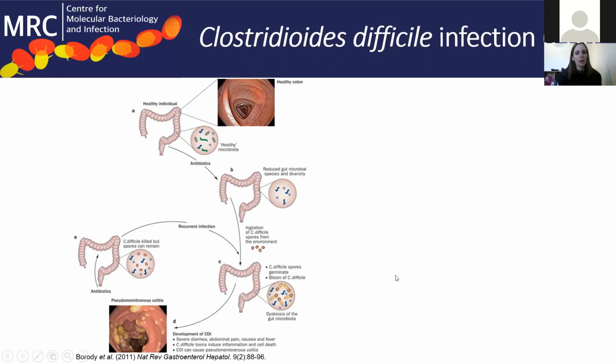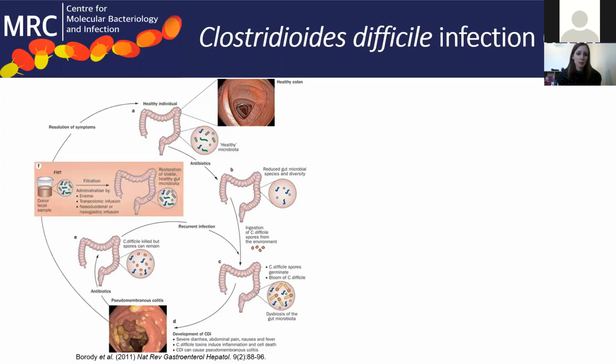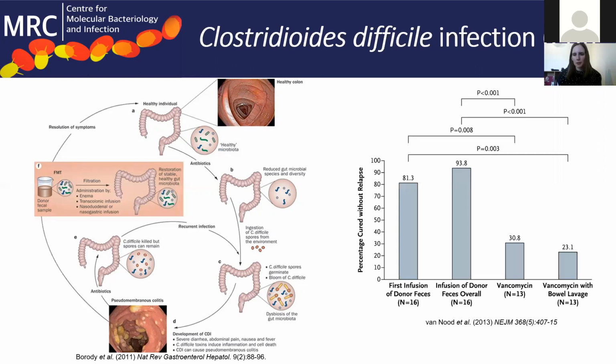Because we know that reducing the gut microbiota diversity increases susceptibility to infection, this is where the idea of these fecal transplants came, where we're replacing the diversity of the gut microbiota. And actually, it's been seen to be pretty effective. Hopefully you can see here, we have 4 different groups. The first group is patients that received 1 treatment of FMT. The second group are patients that received 2 treatments of FMT. In other words, this is adding together the patients that received 1 FMT, a couple of patients failed, and then they added that together to show all the patients that received 1 or more